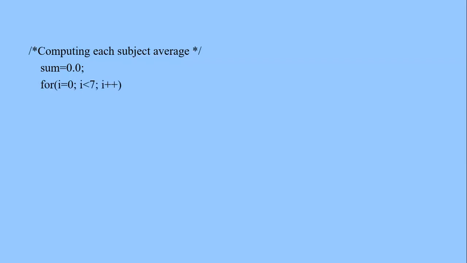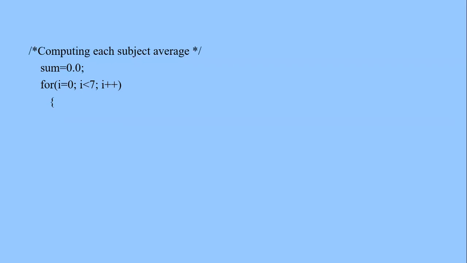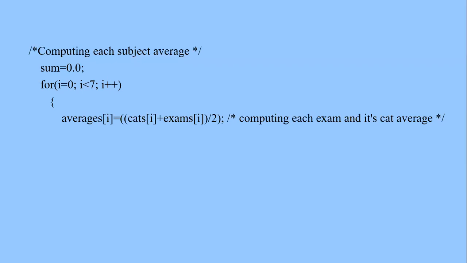Check the condition whether I is less than 7. If yes, move on and repeat this operation, computing each exam and its cut average until the value of I, or the content of memory location called I, is no longer less than 7. And anytime